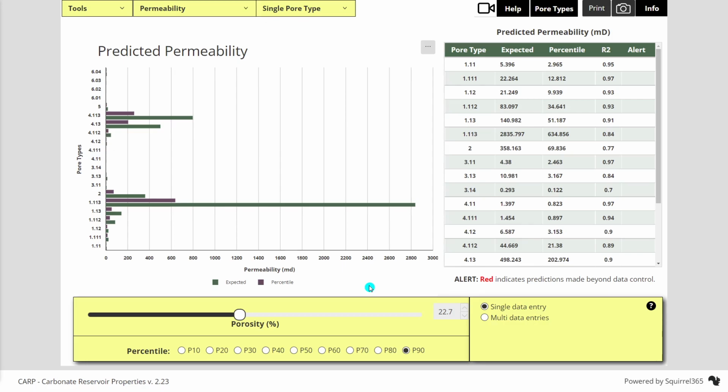This interactive prediction tool predicts permeability for different dominant pore types at given porosities. Input areas are marked by yellow background color. The input porosity can be selected by dragging the porosity slider,